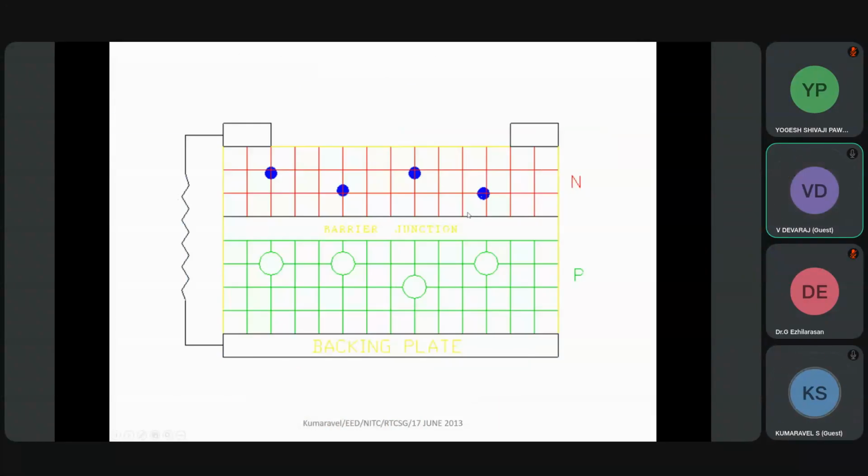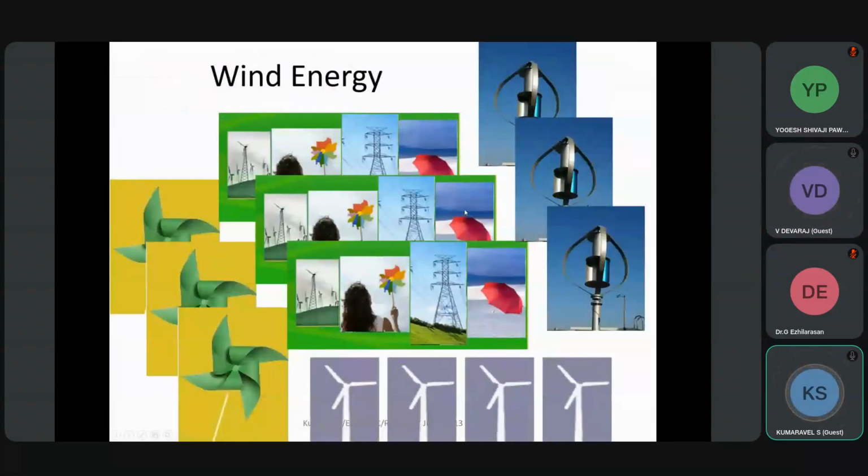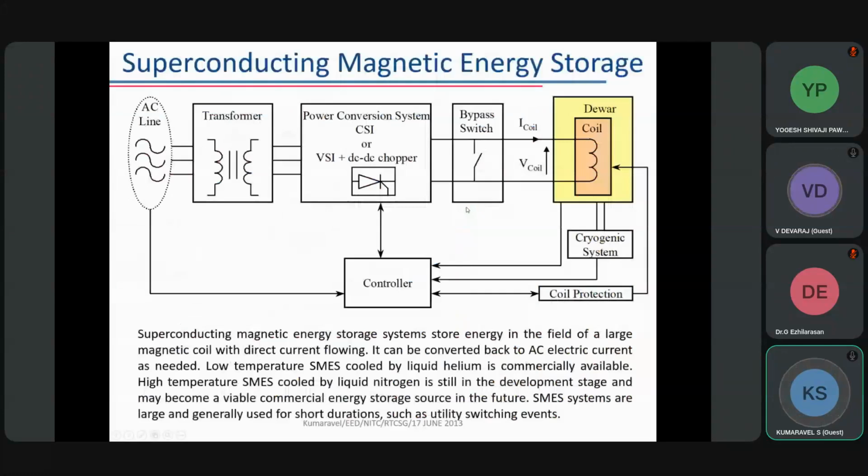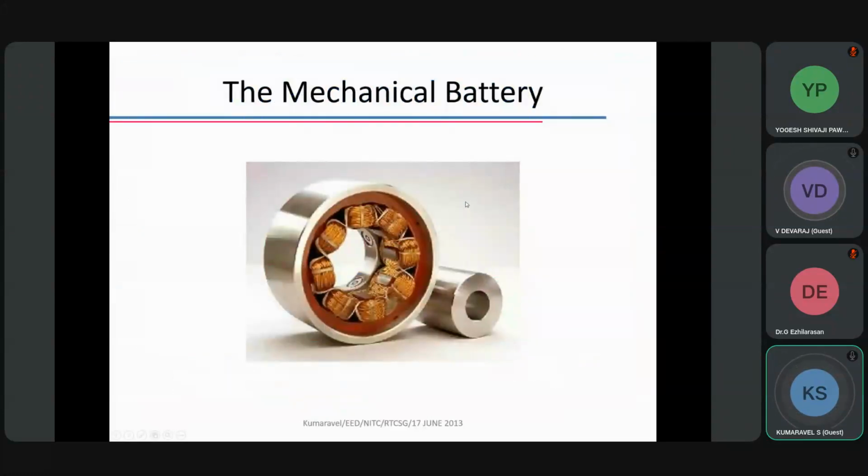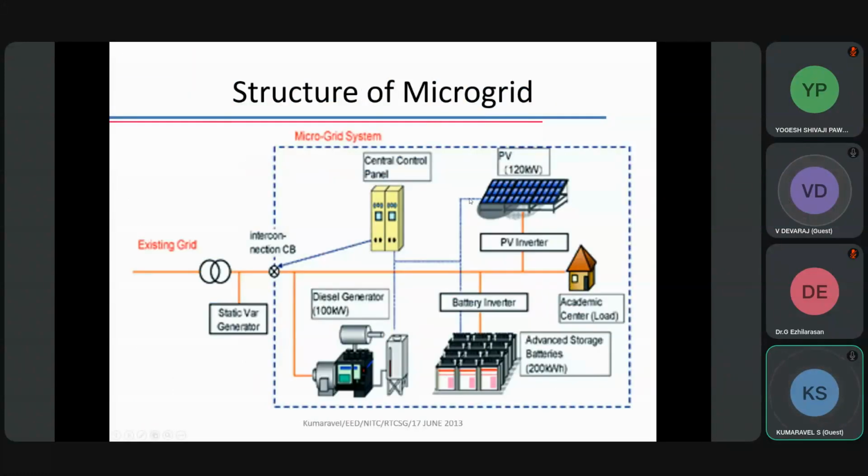Solar energy, you all know what solar energy is. By considering time, I am skipping these things. It is a well-known technology, so I am not going to the technology level. Solar PV, wind, biomass, fuel cell, battery, ultra capacitor: these are the very popularly used energy devices at present in our generation. Battery is there, solar PV is there, many local generations.